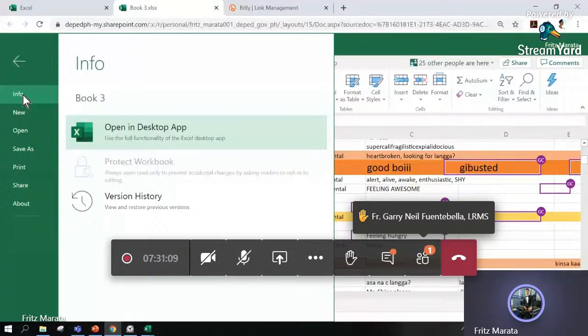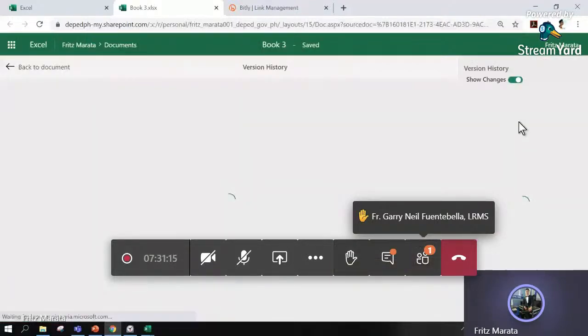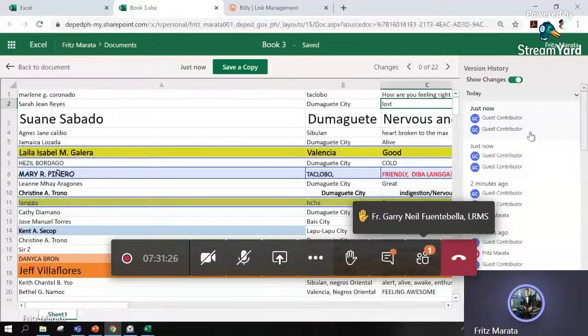You can click that, and you have the history of the changes made by the contributors to that workbook. You can click on a specific contributor, or on the specific time when it was modified, and download the specific version that you want. That's how you retrieve previous versions of the workbook. Thank you. Yes, sir, you're welcome.